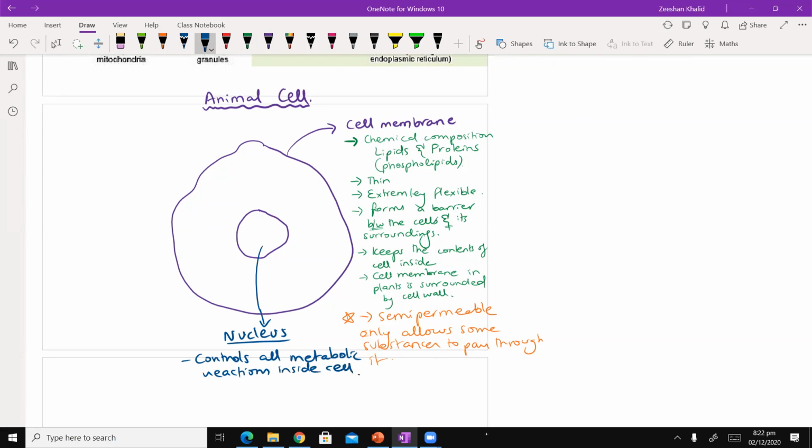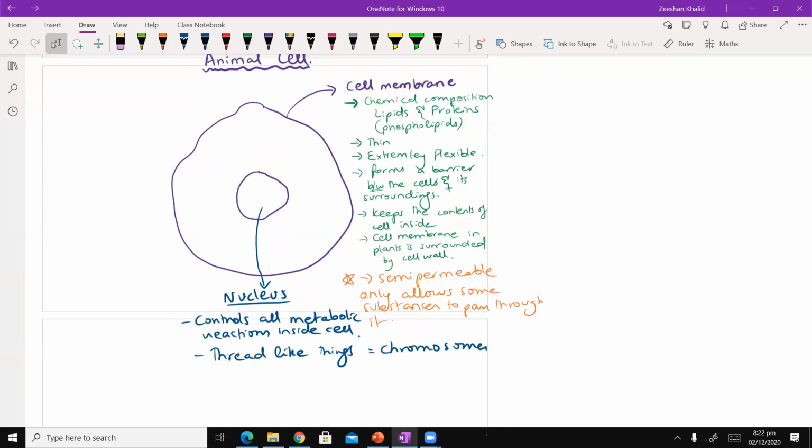And then, the most important, it contains those thread-like structures. What are they called? Chromosomes? Well done, they are known as chromosomes. Good. Of course, the details of which we will talk about in the last topic, but there are some things that we need to know. Let me give you an example.